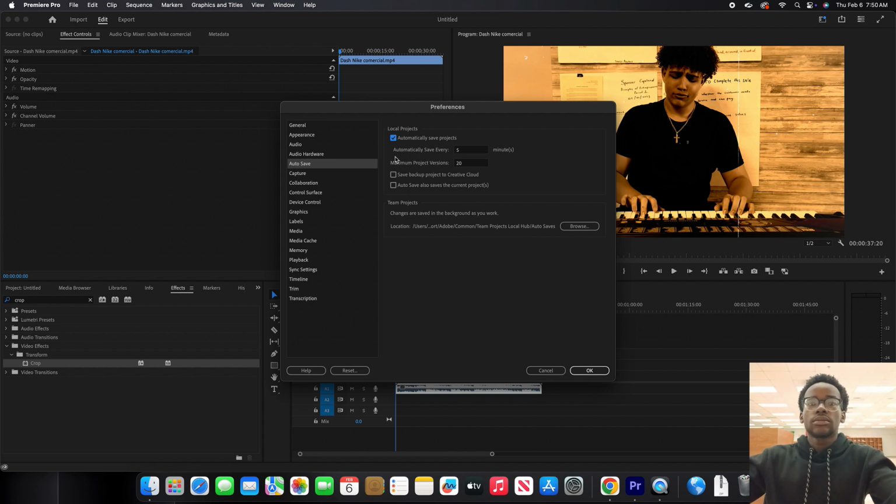And this right here is basically saying how often you want to save. Do you want to save it every 5 minutes? Every minute? Every 10 minutes? I would suggest putting it as low as possible, but you also have to remember